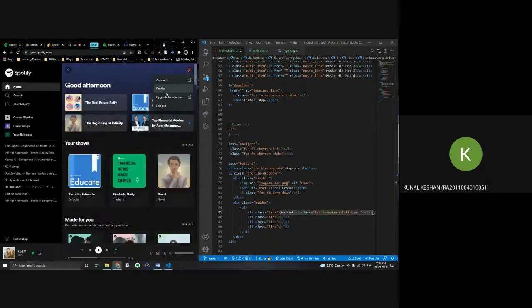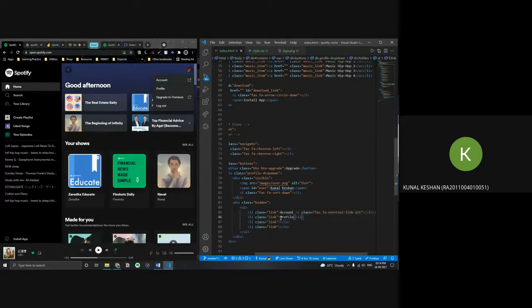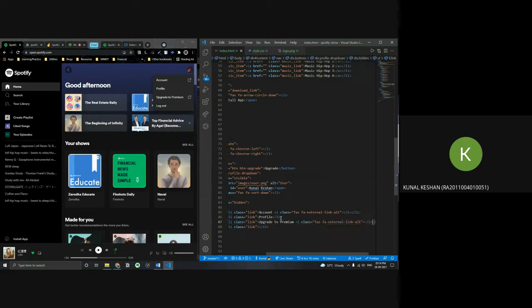The next one is a profile link. So profile. The other one is upgrade, right? Upgrade to premium, and that icon as well. And the final one, logout.